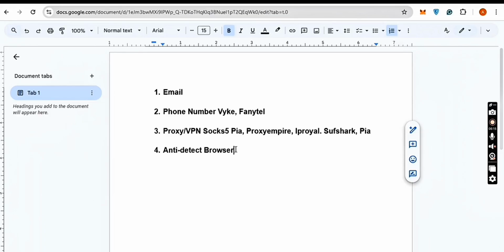They are usually paid anti-detect browsers, but a lot of them usually give free profiles. Some of the anti-detect browsers that there are: there's GoLogin, there's MoreLogin, there's also